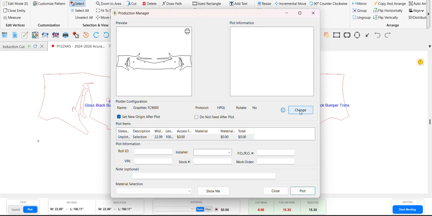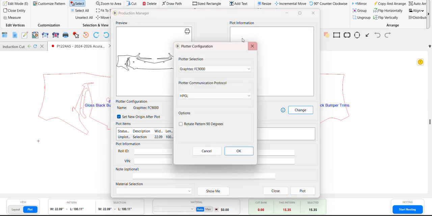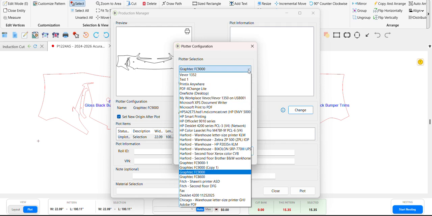To change it or load it, click the Change button, which opens Plotter Configuration. From the plotter selection screen, you can open the drop-down menus and see every port that has something loaded on it. And you can select a different plotter or the one you've just installed or would like to install at this time. So we'll select the